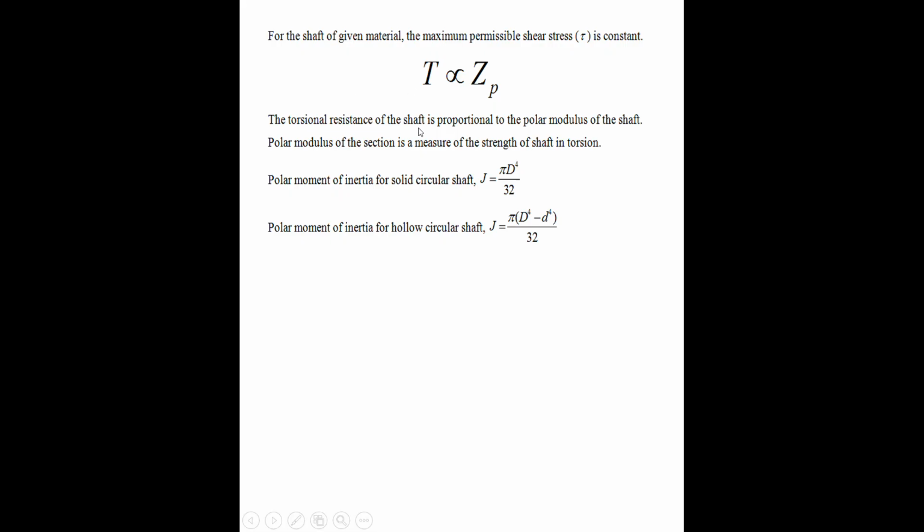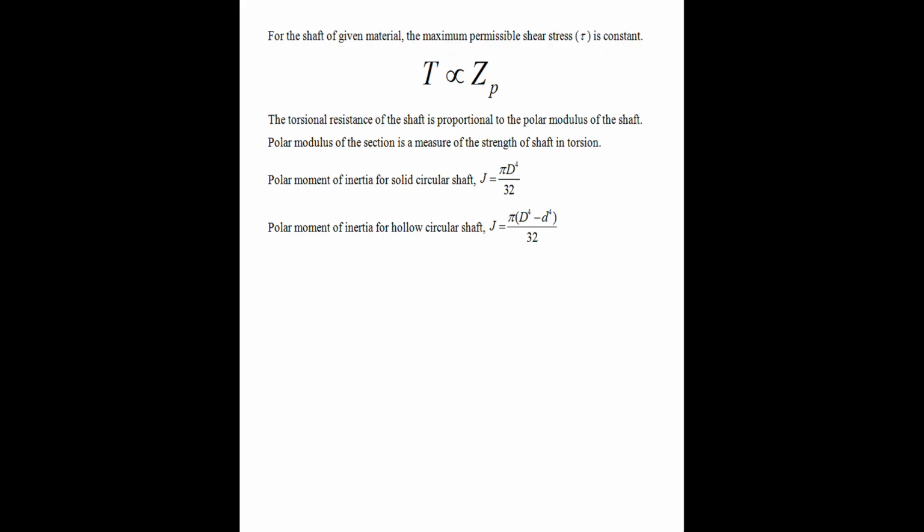The torsional resistance of the shaft is proportional to the polar modulus of the shaft. This is the polar modulus. The polar modulus of the section is a measure of the strength of the shaft in torsion. Means just like the section modulus, polar modulus also represents the